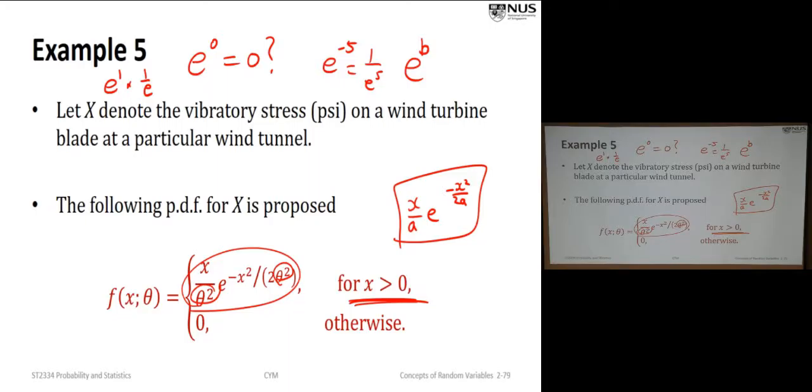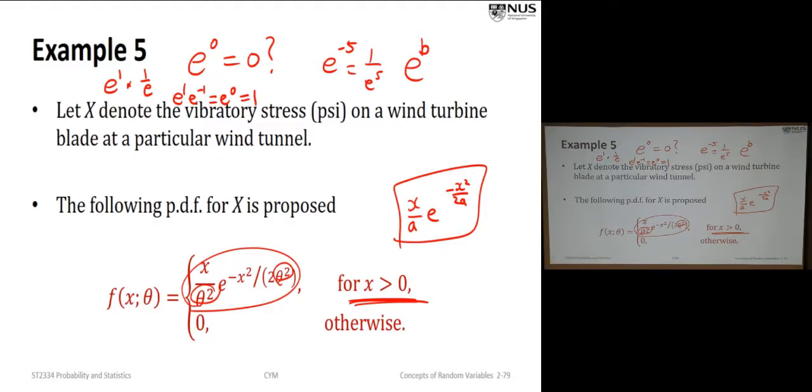Multiply them. So it's e to the power 1 times e to the power minus 1. So it should be e to the power 0, so it's equal to 1. Any number raised to the power 0 is 1. Remember that. E to the power 0, or a to the power 0, is not 0. Okay? So therefore,